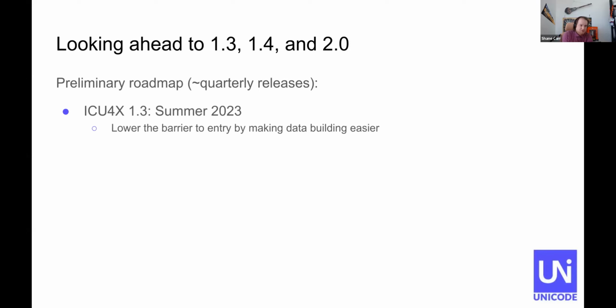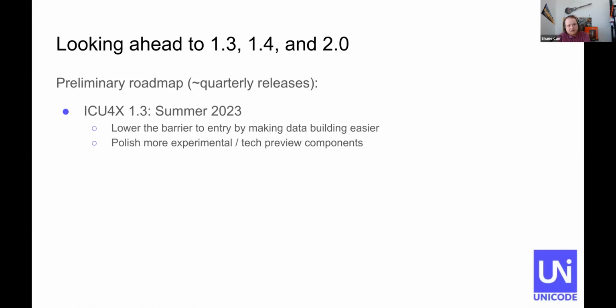We've gotten a lot of feedback from users that the approach we've taken toward ICU4X, and particularly locale data, has been very much of we give you all the tools to optimize your data, and it requires a little bit of manual steps in order to do that. I think that was really important for the project, that we gave users that amount of control, but it also raises the barrier to entry. So one of the focuses, in order to get ICU4X to an even broader audience, is to lower that barrier of entry. That's one of the things we're going to be focusing on this summer.